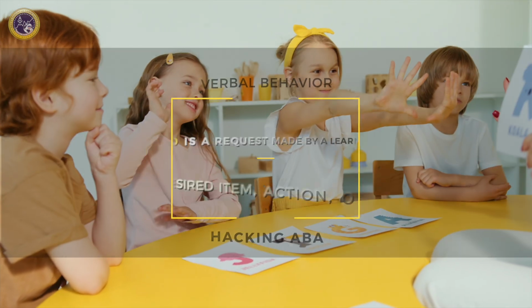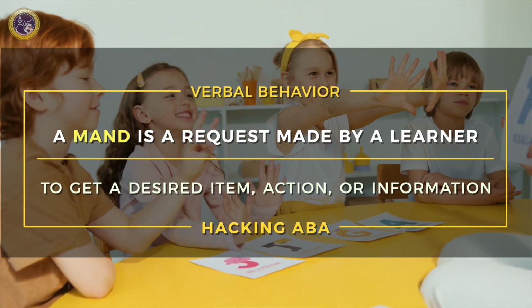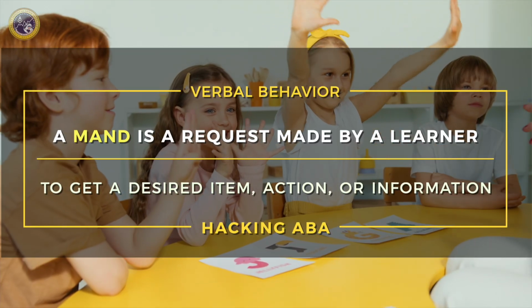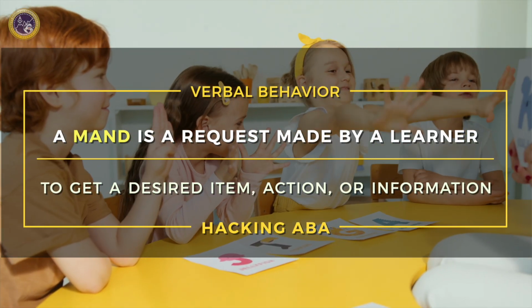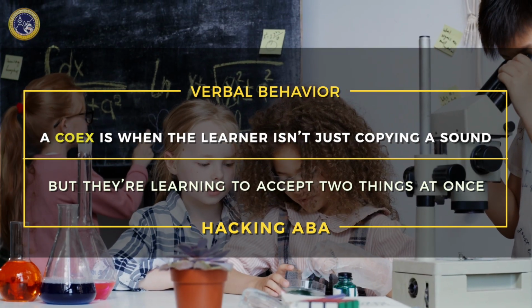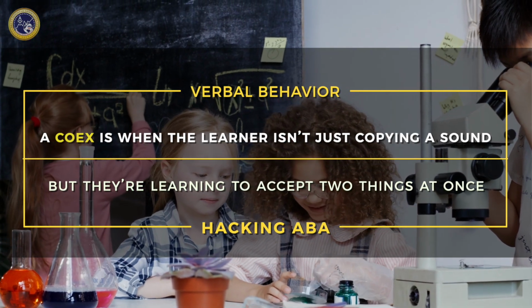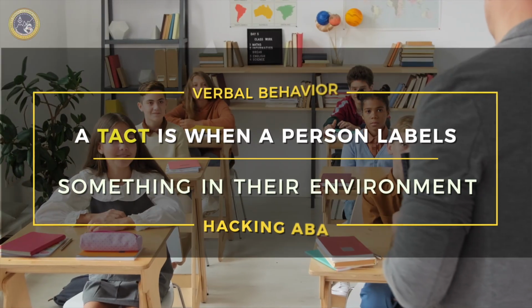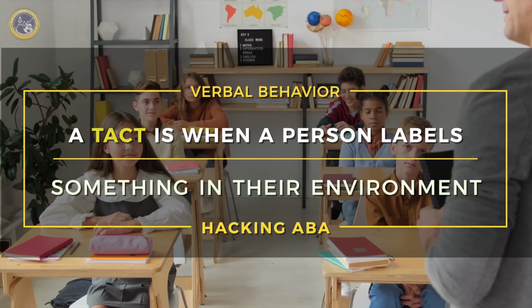So the first elementary verbal operant I want to discuss is the mand. When you say mand, simply it's another word for a request. So it might be putting your hand out, or it could simply be, I want a cookie. All examples of mands. Now, echoics are what they sound like, an echo. So I say, happy birthday, and someone imitates what I'm saying, says happy birthday. It's just an imitation of what I said. It's an echoic. Tact. Tact is a label. Computer, phone, table. These are all examples of tact.